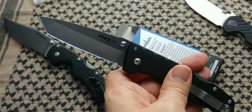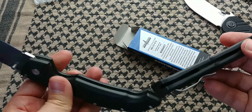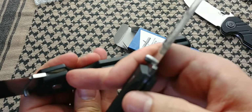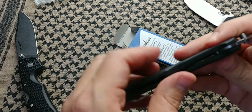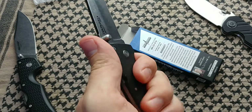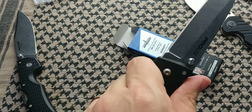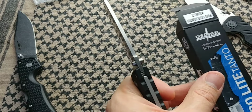You don't have any reinforcement metal on the inside. It's really not necessary. Sure, it's nice to have, like in these ones, which have a metal plate insert on the inside, but with this amount of fiberglass reinforced nylon, you're not going to be breaking the handle of the knife. Something else will snap, most likely the blade, which, by the way, this is